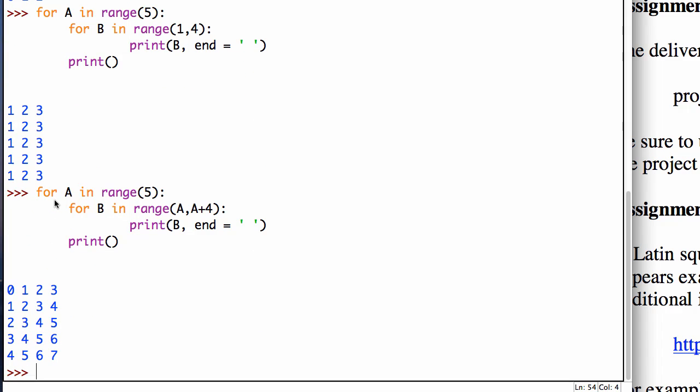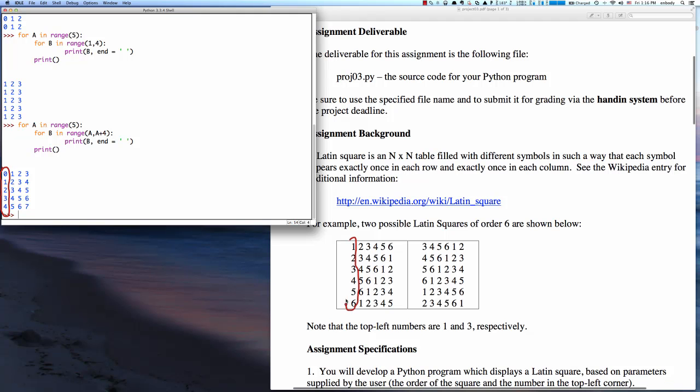Okay, so when I'm in row 0, it starts at 0, it goes 0, 1, 2, 3, 4, and then when I'm at row 1, we start with 1. So now things are starting to look a little better. There's my columns, right? Increasing, and each of my rows is increasing. 0, 1, 2, 3, 1, 2, 3, 4. Now, in this case, I have 4 columns, and yet my numbers include 5 and 6, and I'm not starting at 0. So there's still a lot to do here,